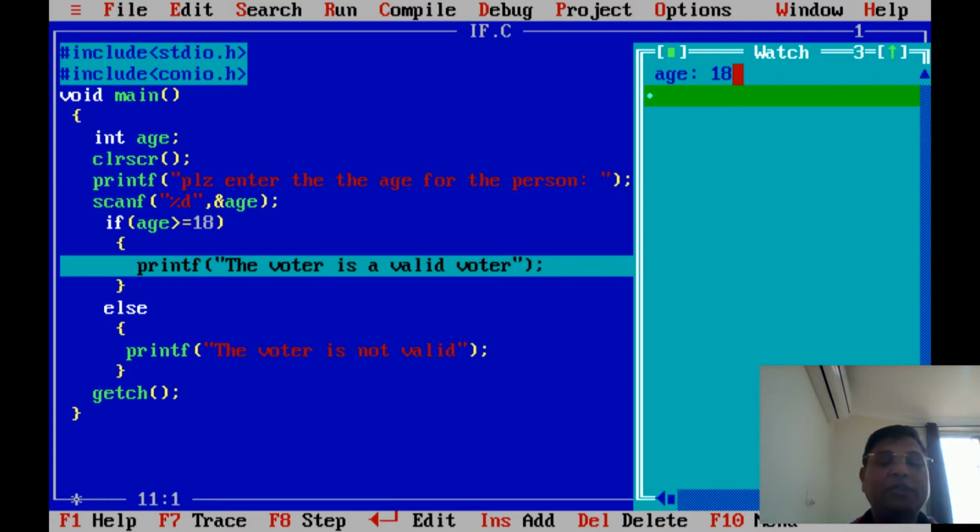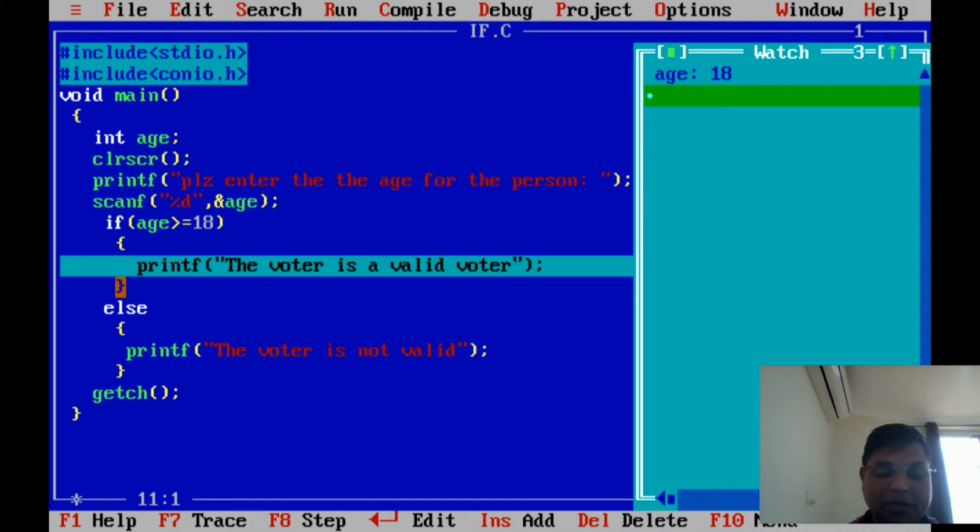So the condition will be checked here. What is there? If the condition is age greater than or equal to 18, is it true or false? It is true, because it's equal or greater than. The moment it is true, the door will be opened for the if, and it comes inside. All the statements you wrote for the if will be executed. Then it will close the gate and come out.